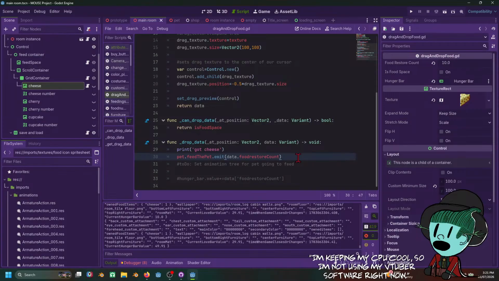Okay, feed the pet dot emit. Feed the pet dot emit data dot food restore counts. And then we need to go